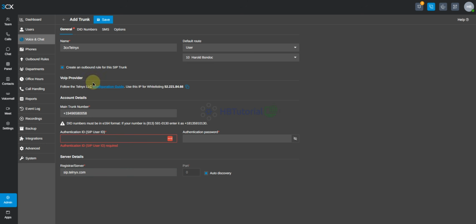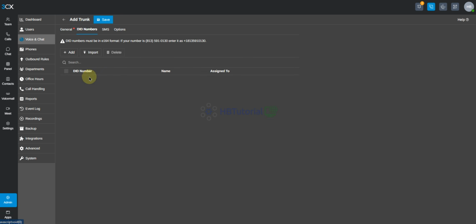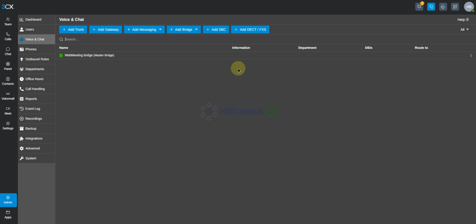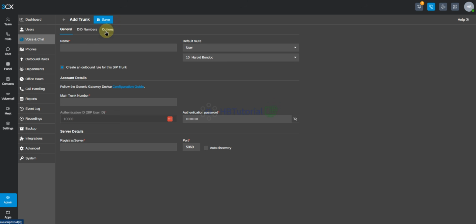Okay, so because we are using IP based, we need to bypass this account. If not, save, you need to go back here and add only a gateway. So 3CX PBX.